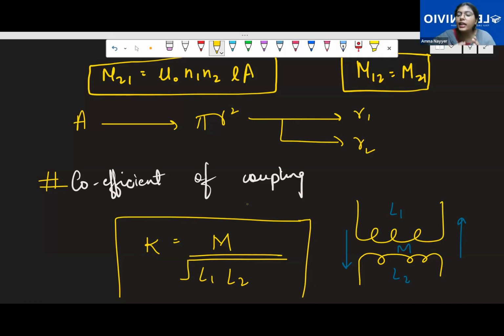Definitely, it will induce a current in the neighboring coil because two coils are present in proximity. But that doesn't mean their individual self-inductances are disrupted. So individual self-inductances are there and mutual inductances are also there. Now, you don't have to go into so many complications, like what will be the net mutual inductance and all.